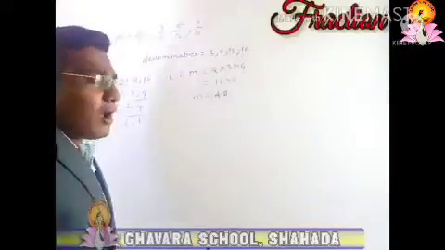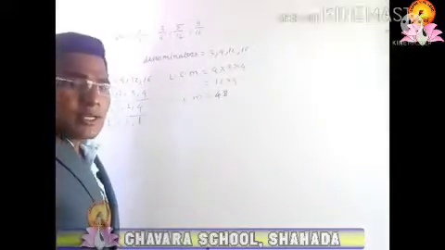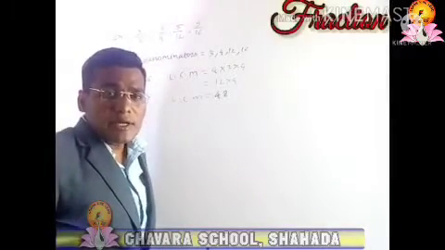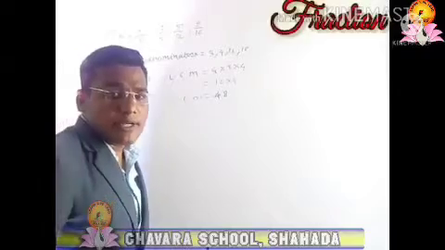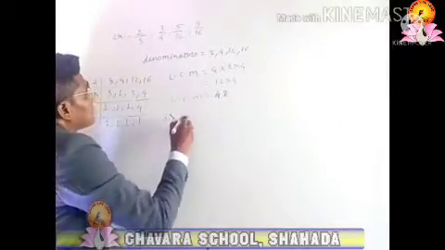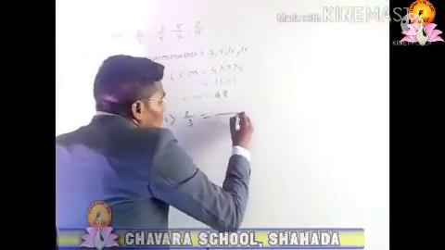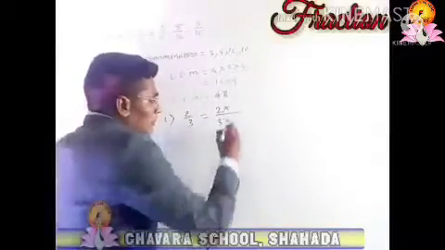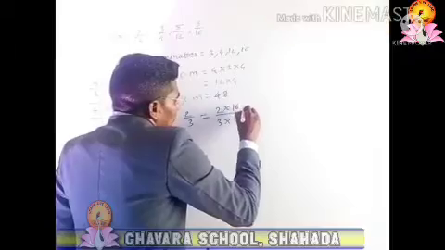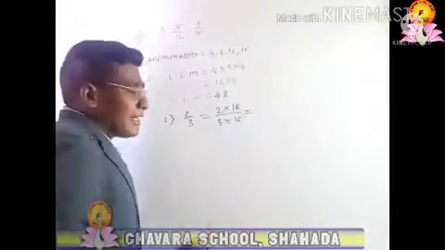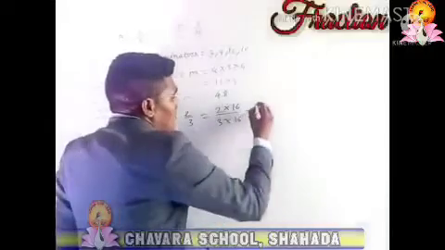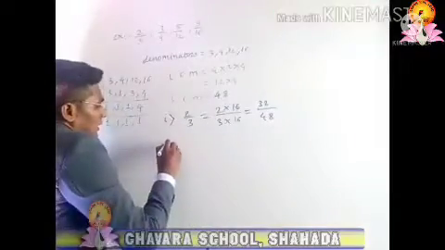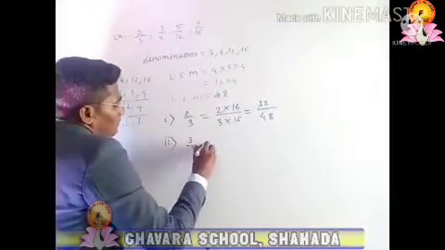Now we have to convert all the denominators of the fractions into 48. While converting, by whichever number we multiply the denominator, by that same number we have to multiply the numerator. So the first fraction is 2 by 3. 3 multiplied by which number gives 48 as the denominator? 16 multiplied by 3 is equal to 48. So we multiply the numerator by that same number, and 16 2s are 32 and 16 3s are 48.